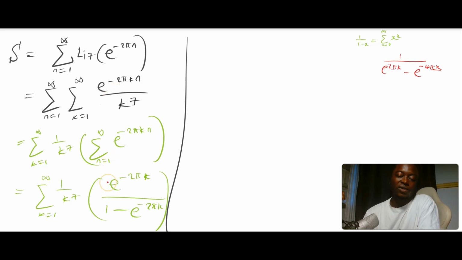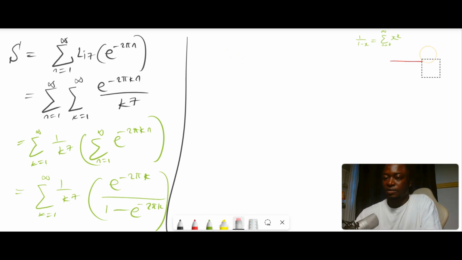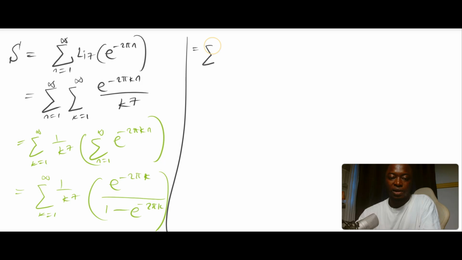So what we're going to do is add and subtract 1 from the top. So we're going to write this, let's get a little space in here, as the sum as k runs from 1 to infinity of 1 over k to the 7th power, first of all. And then on this side, you have to write 1 minus e to the negative 2 pi,